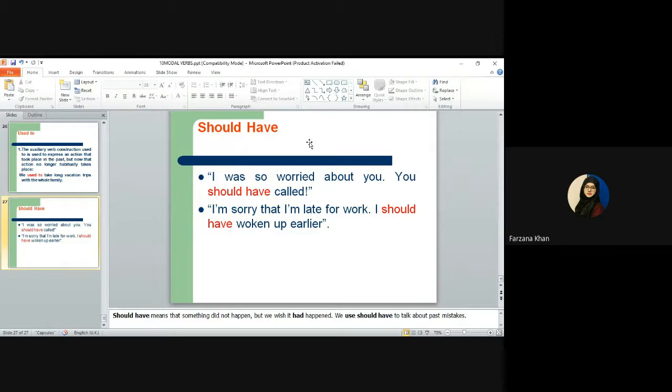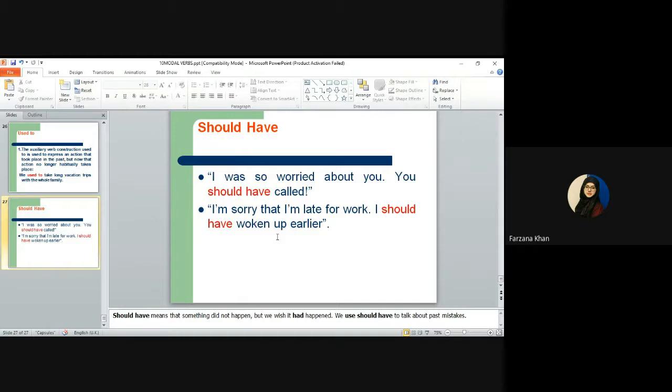But what about the past? How to use "should" in the past tense? "Should have" basically means that something did not happen, but we wish it had happened. At that time, we use "should have" to talk about past mistakes. So, how to use it, for instance,